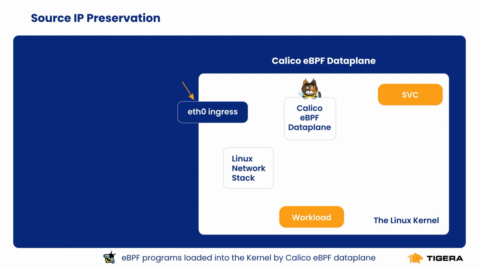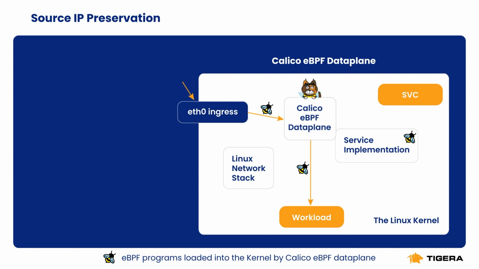Imagine the previous scenario, but this time we have enabled the Calico eBPF Dataplane. A request comes into your cluster doorstep. Calico eBPF programs that are injected into the Linux kernel will intercept that request at the earliest possible point. Next, it will use the eBPF service implementation to efficiently determine its destination. From there, another eBPF program will usher the request to the workload without touching the source IP address in any of the steps. Unlike the traditional method, Calico eBPF operates without Kube-proxy, streamlining resource use and enhancing efficiency for handling